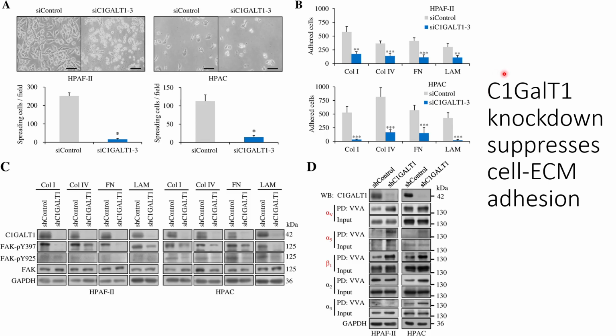Since in the previous videos we got to know that C1GalT1 knockdown will suppress the metastasis and migration of pancreatic cancer cells, now they wanted to know how these suppressions of the metastasis and migrations of the pancreatic cancer cells occur. So what they did is, first they check